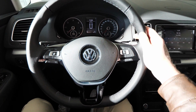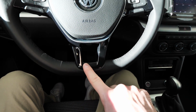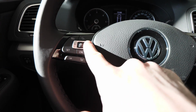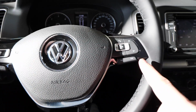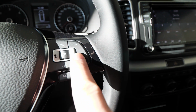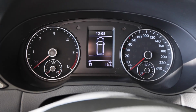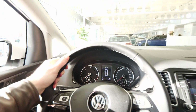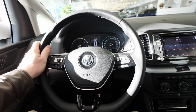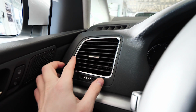The steering wheel, you already know it. You see it on most of the Volkswagen from 2014, I think, 2013 until 2019. You will still see it on many cars from Volkswagen, and they are great. It's a great steering wheel, great buttons, really easy to use. The cockpit as well, you can see it from a long time before, and it's nothing fancy there on the cockpit. We wait to see the new Sharan with the new cockpit,